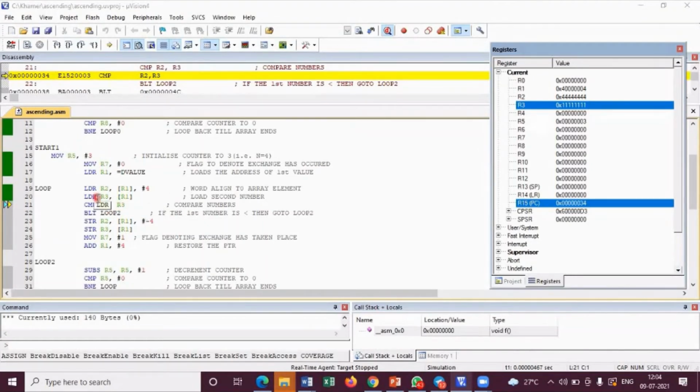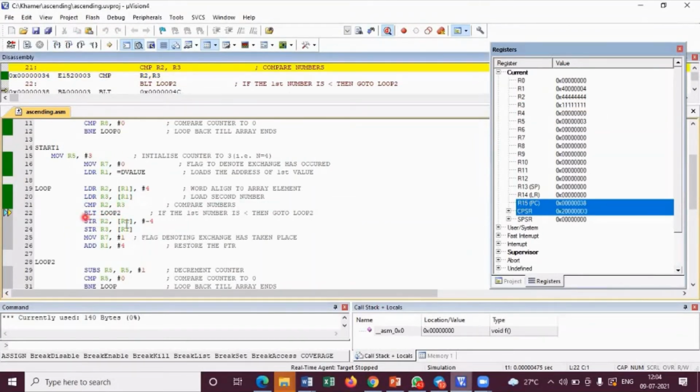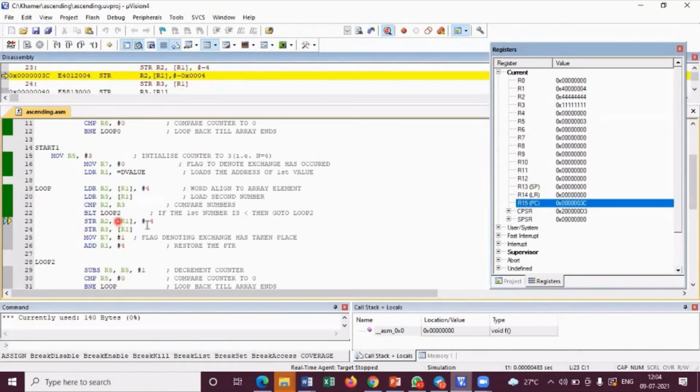So see this part. I am in the D value location, okay? I am comparing these two now, 4444 and then 1111. After comparing, branch if less than, is it less than? No, right? It is not less than. So I will not go to loop 2. I will go to my store instruction. In the store instruction, you know that I cannot see the output because it will happen in the memory. So whatever is there in R2, 4444 now, please move it.